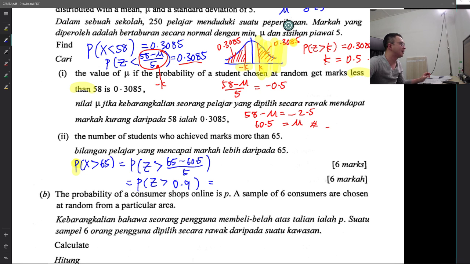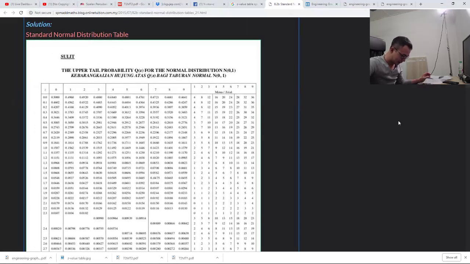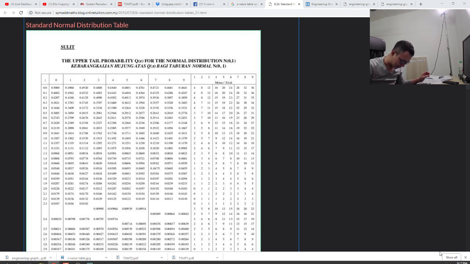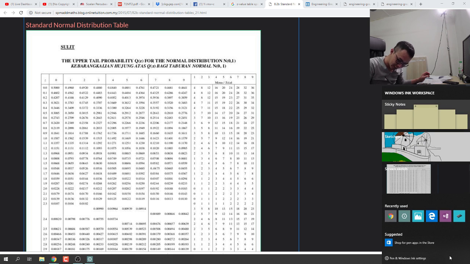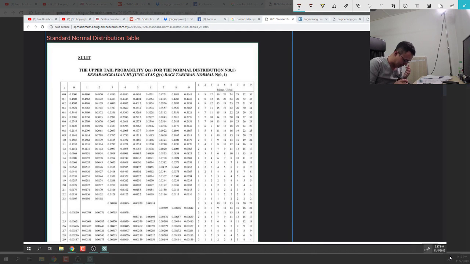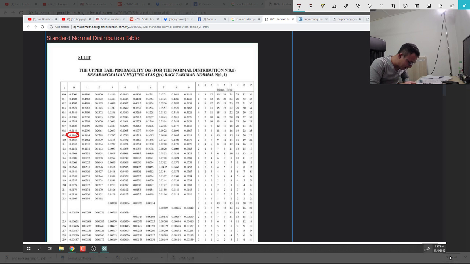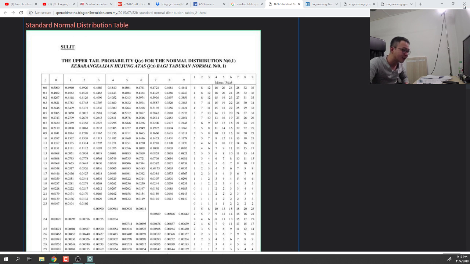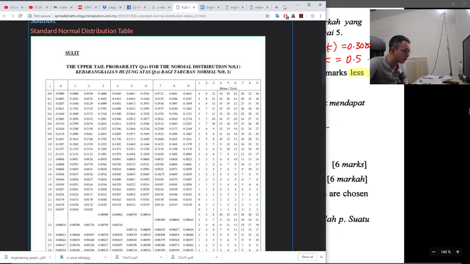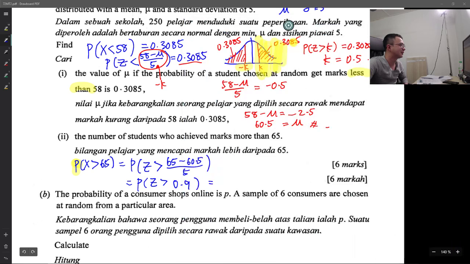Okay, 0.9. I hope you can see the 0.9 here will be 0.1841. Okay, do you see that? So if you see that, I'm going to move this one back. So it will be